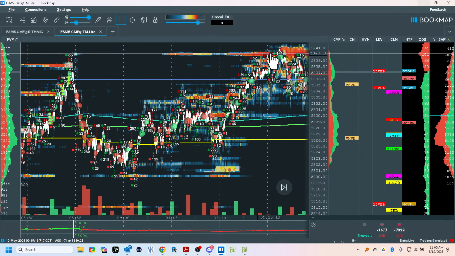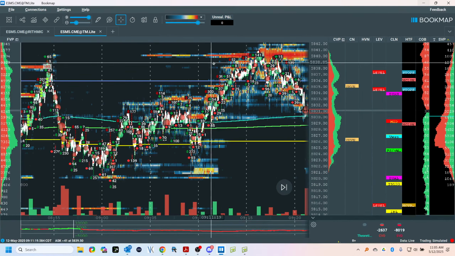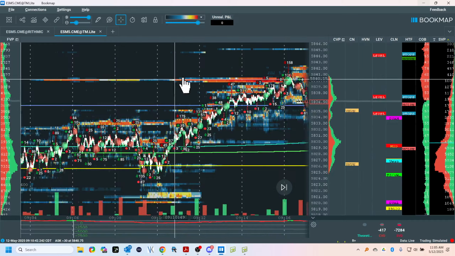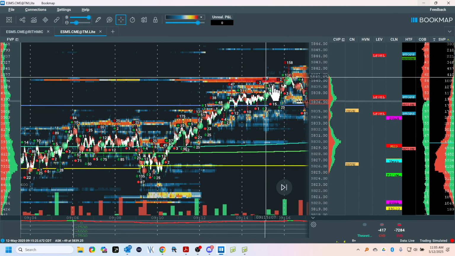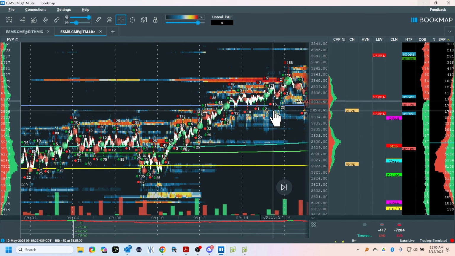And that doesn't mean it's not magic, 39. My short here was at 39. And how did that happen? Good question. This liquidity comes in the book. I get my stops out at mid. I do not run in front of the mid unless, as Dirty Harry says, do you feel lucky?